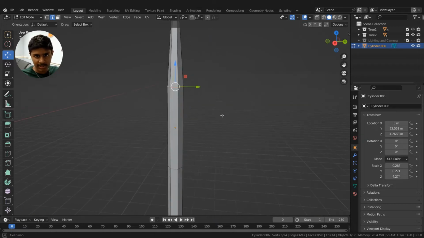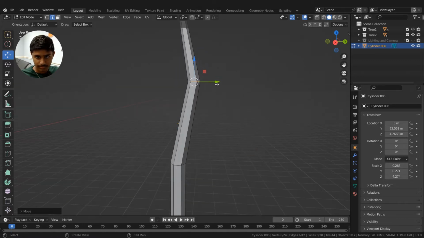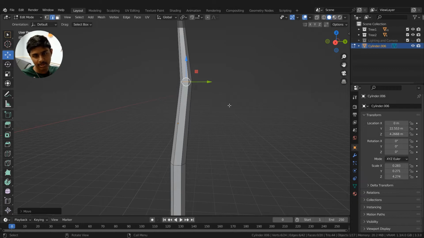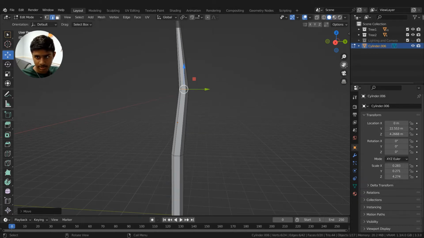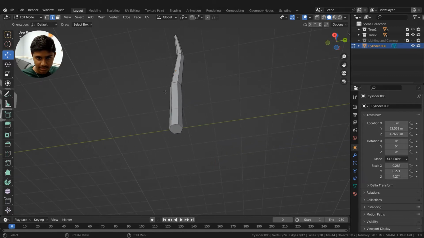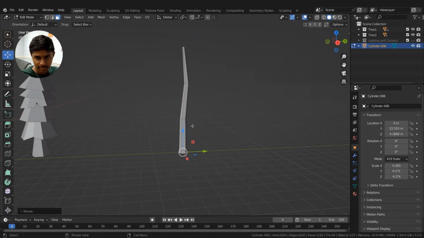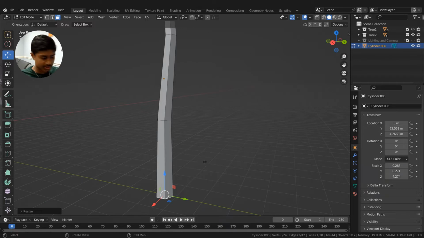And once I'm done with that, I'm going to scale this in a bit, and I'm also going to move it about that much maybe. And then we're going to go down and select all of these ones. Actually, before we do that, I'm going to select my bottom face. We're going to scale that out a bit. And actually, I don't think we need to remake that. So now what we're going to do,